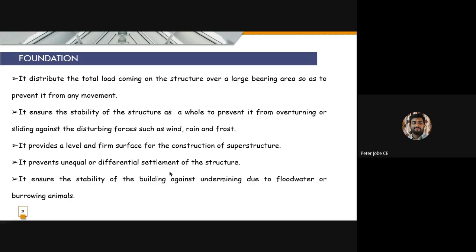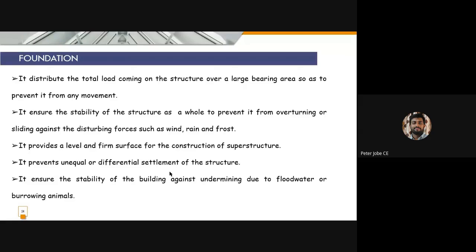Undermining due to floodwater was the main reason for the settlement and collapse of different buildings in the last two floods that happened in our state. What happened was that water was flowing through the underground of a building, and we didn't know it was happening. It took away the soil from under the building, and the building as a whole just collapsed. So if we provide a stable foundation, that will prevent this free flow of water